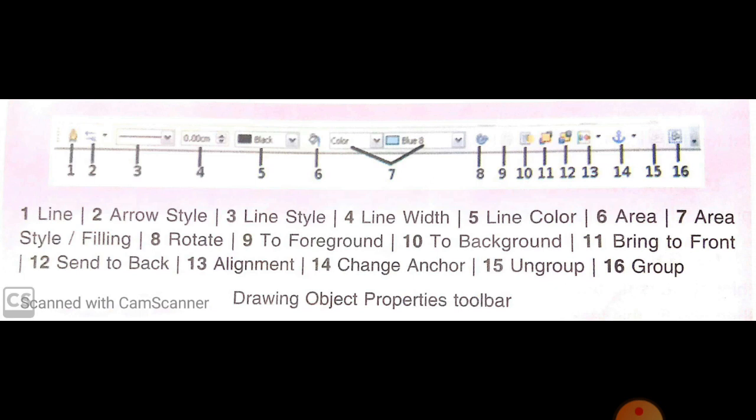Now next, table. A table is an excellent tool that is used to organize text, graphics or data in the form of rows and columns.